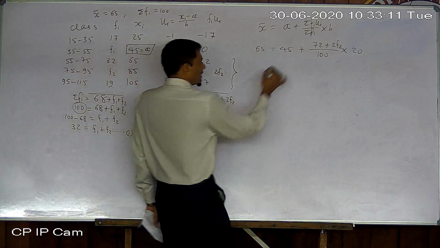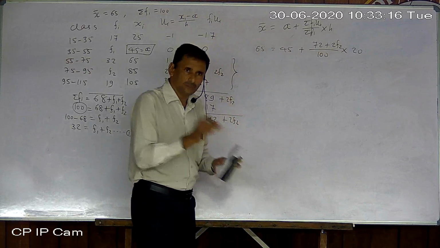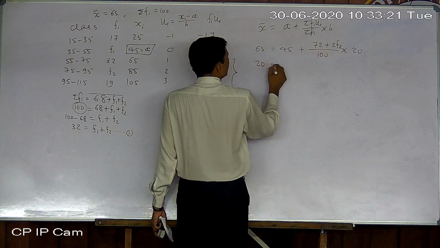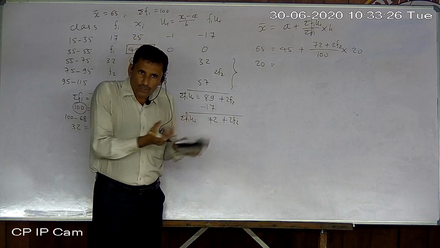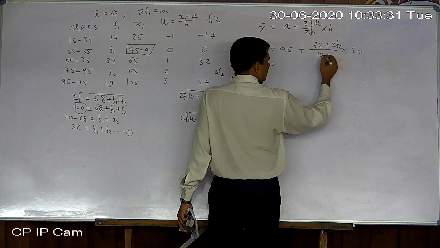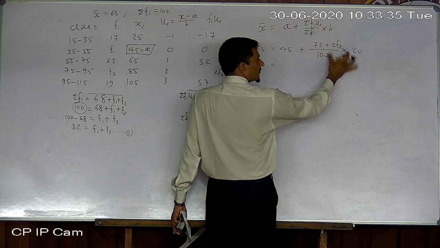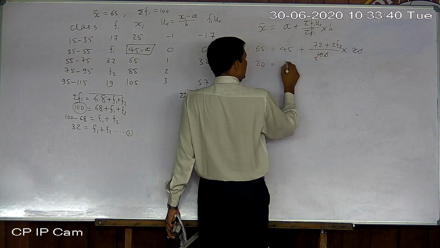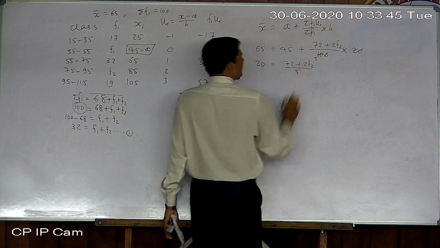Now first of all, shift this one here. That is the way: the term is shifted first, then the coefficient only. So shift this one, and it will become 20. Why 20? 65 minus 45. No need to show all these types of steps. Now you can cancel this here also, but don't cancel with 72 or 2f2. These are okay. So 2 fives are 10, so 5 is left. Whatever is left, just write down 72 plus 2f2 upon 5.